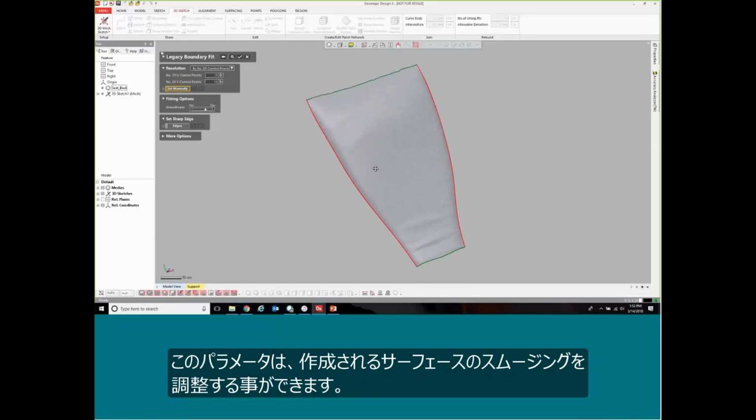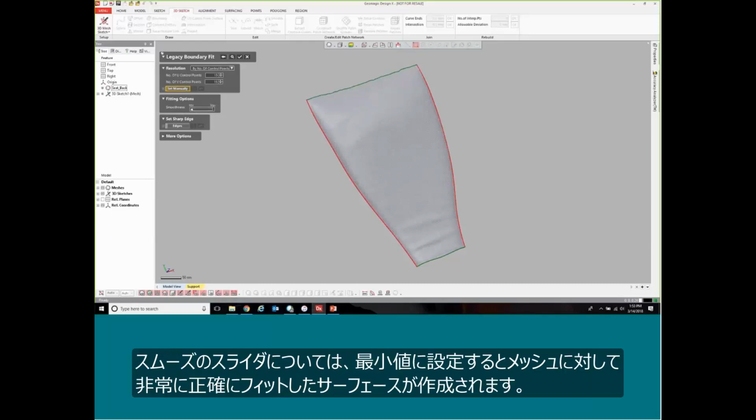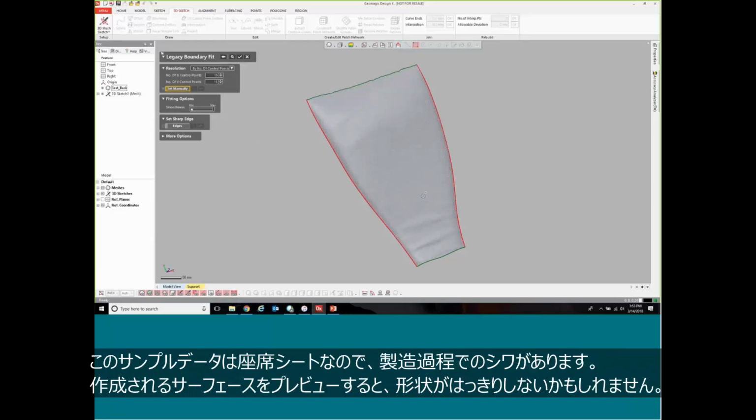So the biggest influencer on how well your surface is going to fit has to do with this smoothness slider. So if I turn that down to the minimum, the software is going to try to fit a very exact and precise surface to your mesh. So since this is a seat, what you'll notice is there's some ripples, just a byproduct from the manufacturing process. So if I go ahead and preview that surface,